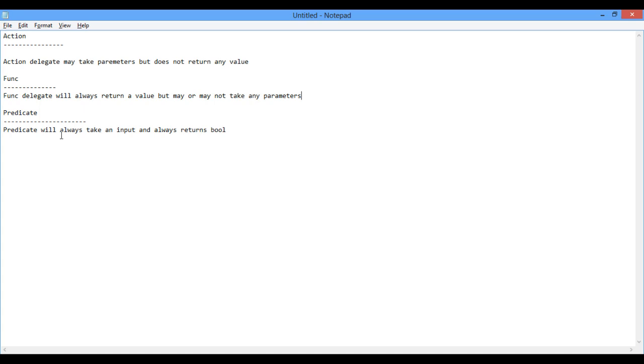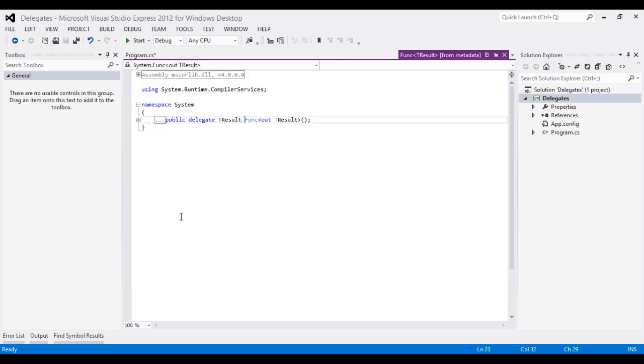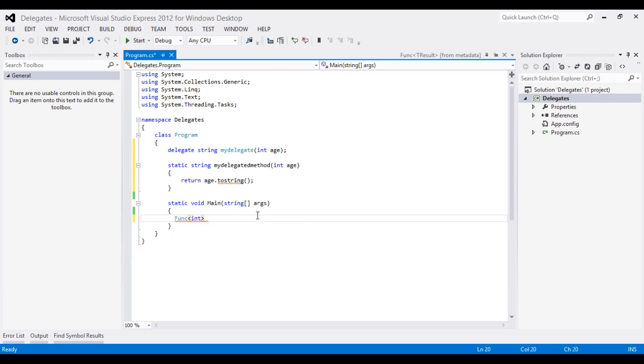Whenever you are in doubt, you can always go to Visual Studio and go to the definition, and then you will have all these things clear. You don't need to learn by heart, you just need to understand it. Whenever you have a doubt, go ahead and check in Visual Studio. Well, we understand about these delegates. Right now we will try to